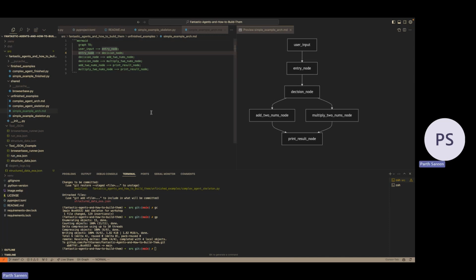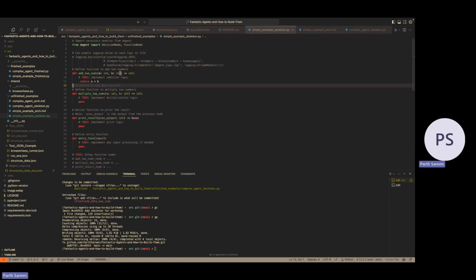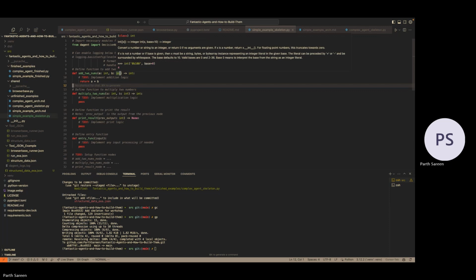So once you have the skeleton open, please raise your hand so that I know that I can start. Okay, I will give it a second.